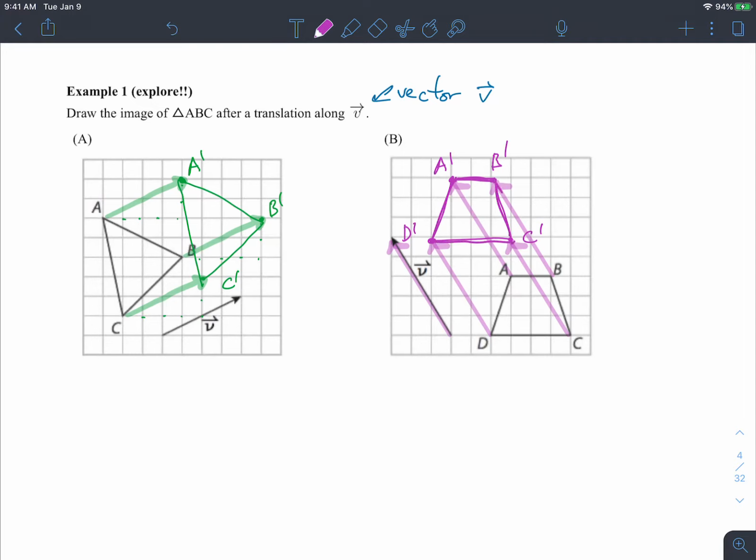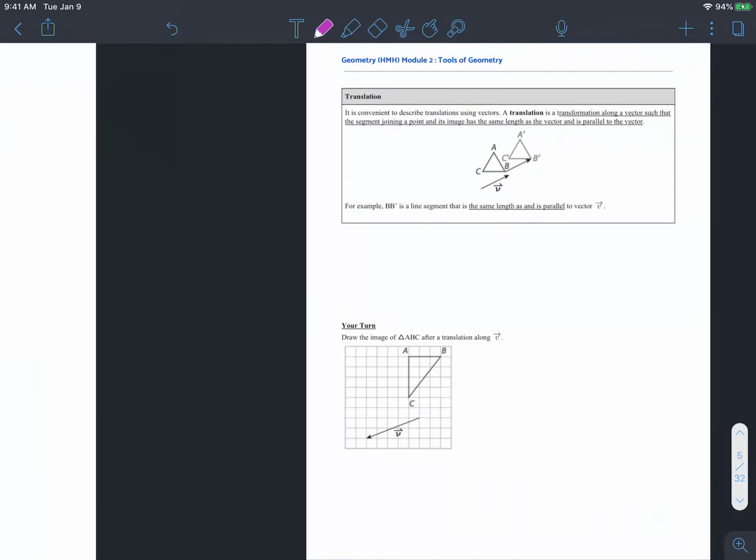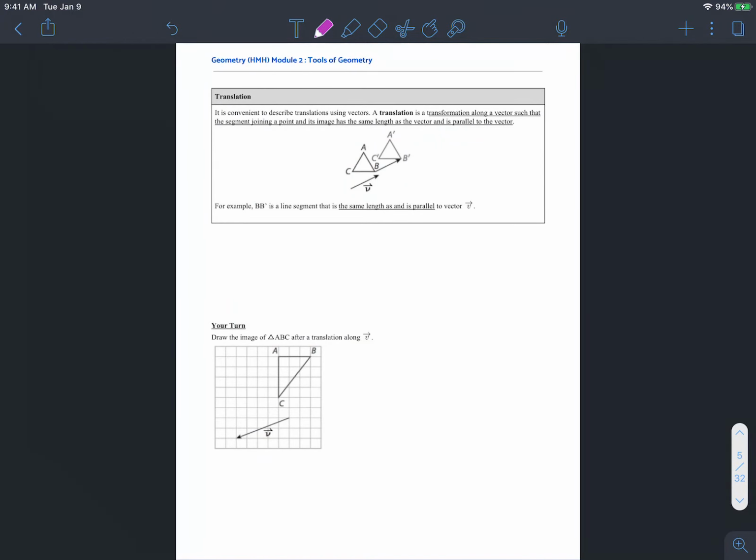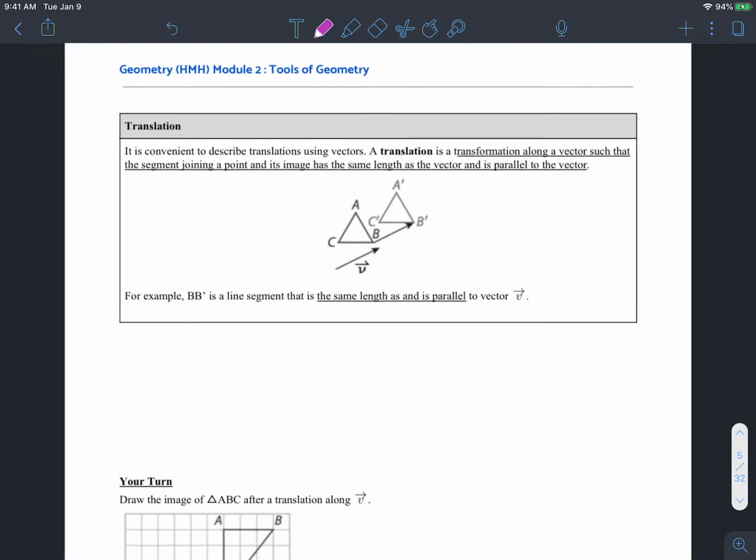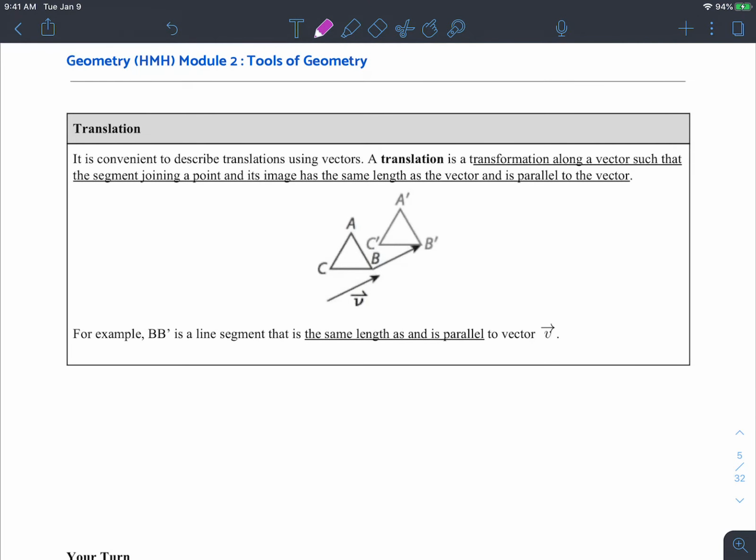So now it's your turn. You're going to have to do the example on your own. Let me just give you the official note from the textbook. This is a very convenient way of expressing the vector right here, guys. The translation is a transformation along a vector such that the segment joining the point and its image